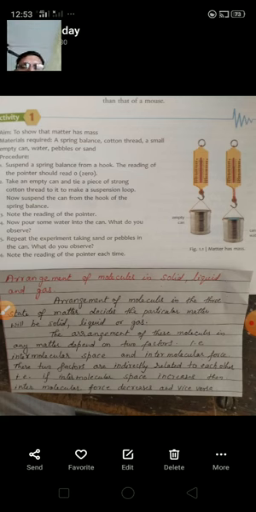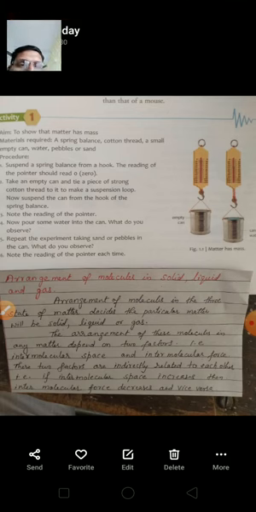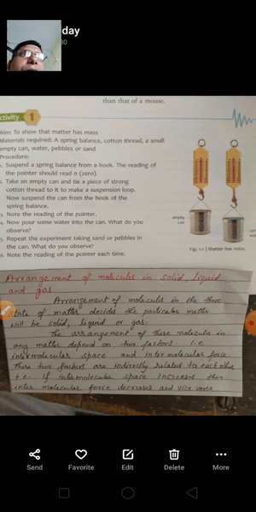It's a simple experiment. Now let us see the arrangement of molecules in solid, liquid and gas. We have seen there are 3 states of matter, and each matter is made up of tiny particles, either atoms or molecules or ions. Basically, these particles are present in the form of molecules. So how are these molecules arranged in any matter?